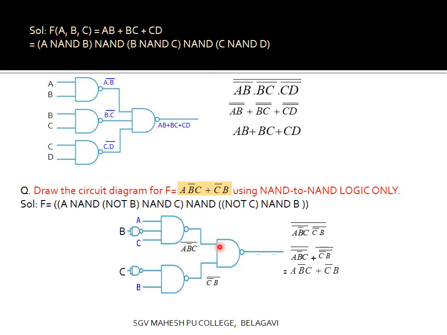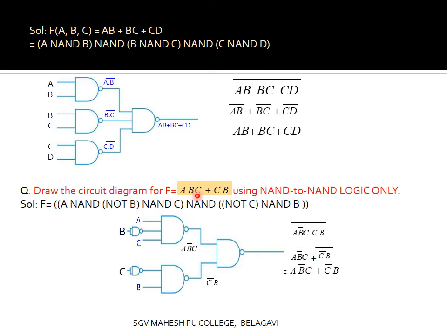Similarly, we draw another example for the circuit diagram with the function given as AB bar C plus C bar B, and this also we are going to design using NAND gates only. So as I said, whatever the expression or function may be, we are going to replace an AND in between these variables, and for this operator as well. If you look at this expression, we have A NAND complement of B. That's why I represent it in brackets as not B, because it's the complement of B. And then we have NAND C. This entire thing is one